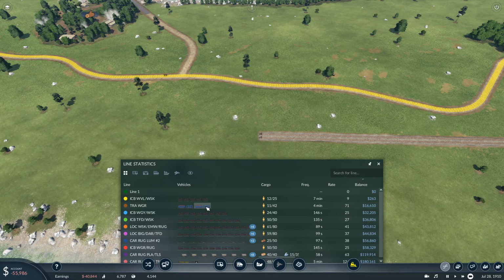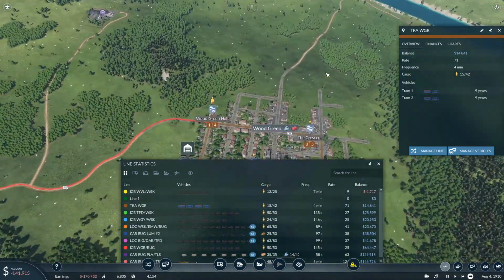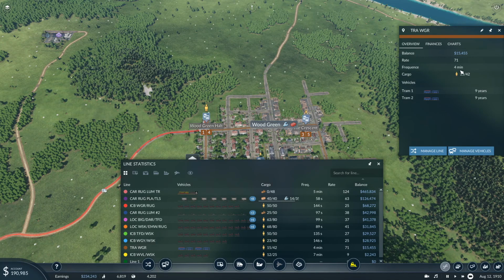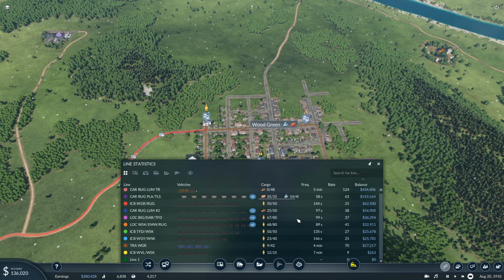We also got a tram line. That's over in... Where is that at? Oh, we got it over in Wood Green. Forgot about that. How is that tram line actually doing? Making 15K in profit. That's actually really good. The train so far is our major moneymaker at the moment. The planks and tools line is a good moneymaker as well. But the line that's costing us the most...